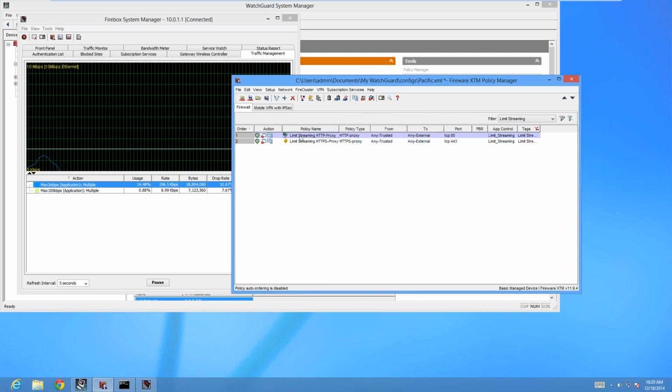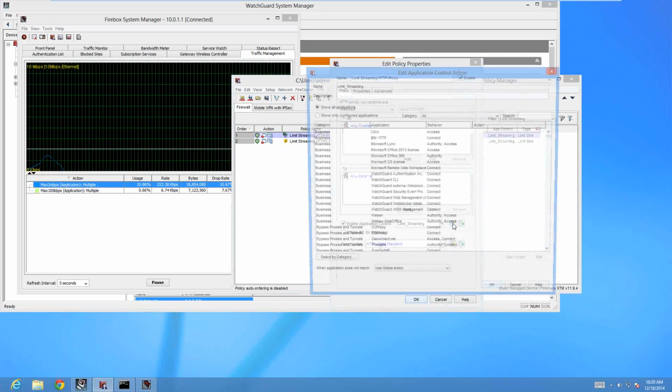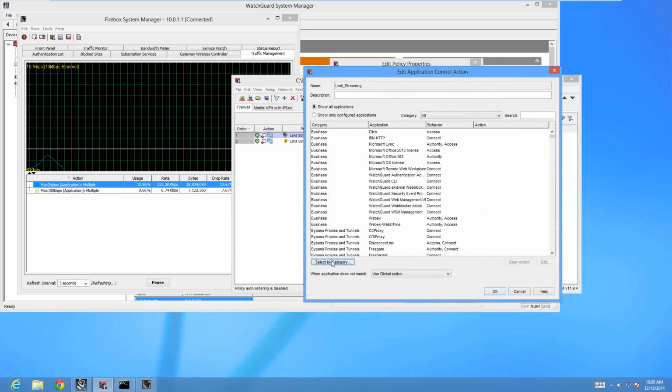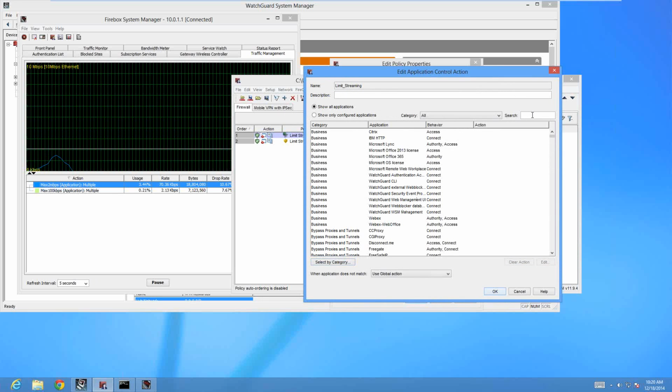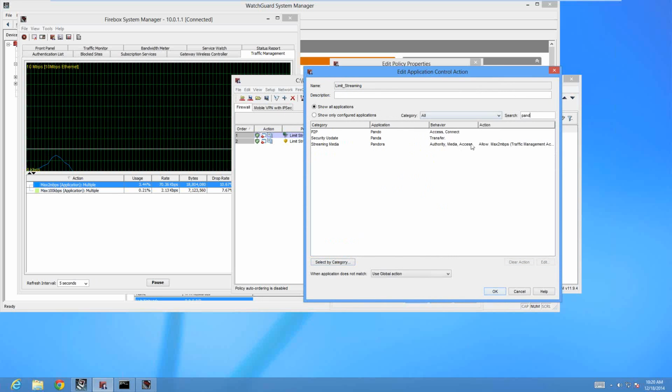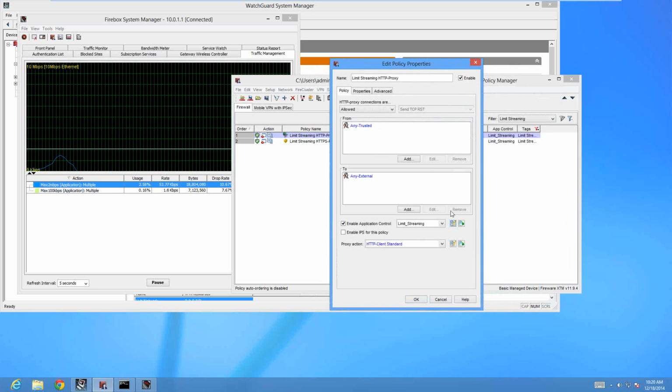So again, we're taking that same streaming protocol, select by category, we're taking streaming media, we're applying a maximum of 100 kilobits per second, and then we're going to take Pandora again, just to recap, of having that 2 megabits per second. Now again, we could make that whatever we wanted for our environment, and just by limiting it, so the other feature of traffic management is